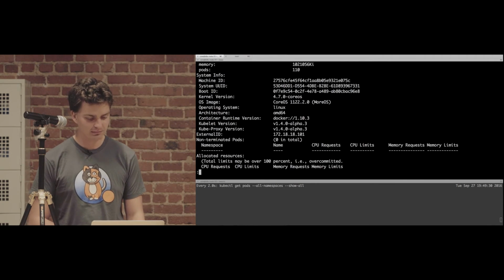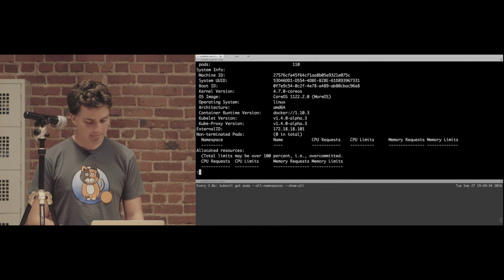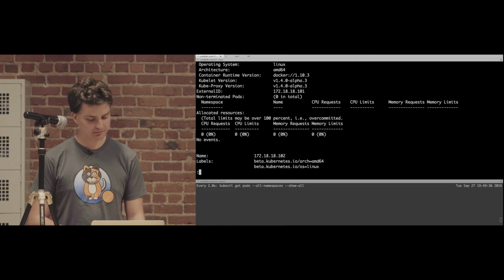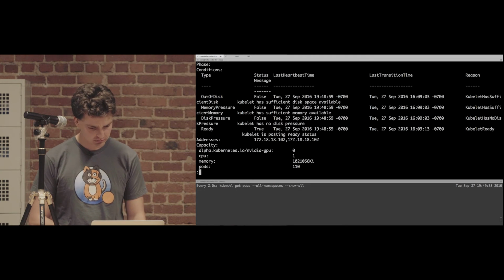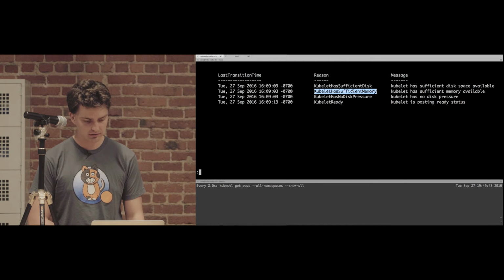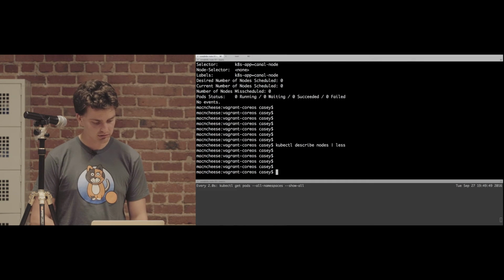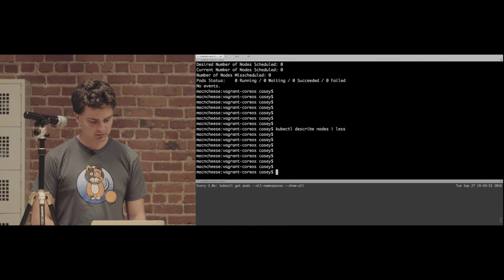So my laptop did reboot right before this. But yeah, it says kubelet has sufficient disk, sufficient memory, no disk pressure, kubelet ready. That's very sad. So I can,